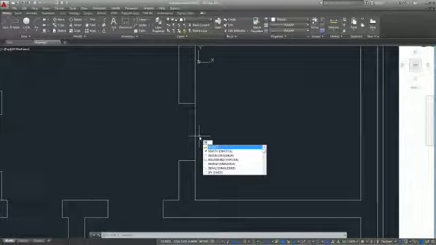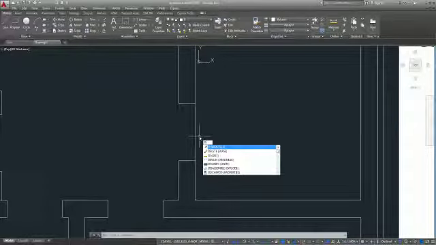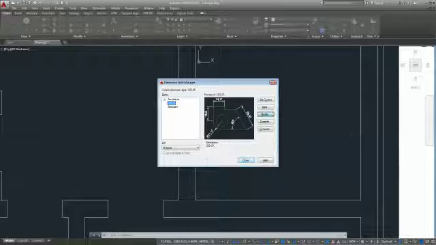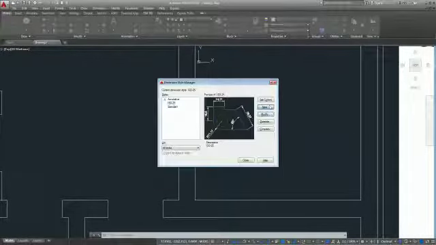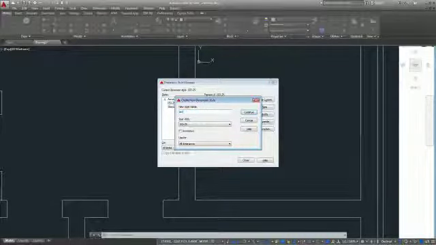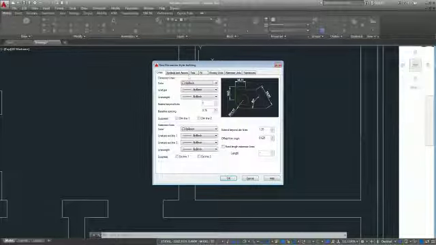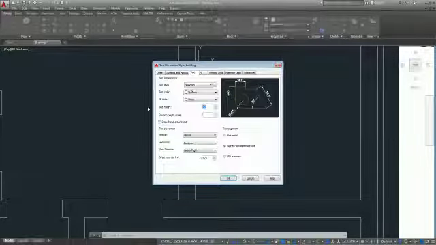So dim style, D enter, create one, new one, give building. Okay, continue. Text, give 250.